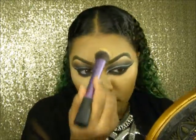And I'm pretty much caking it on here because I really want my face to be super matte and for it to last all day. And later you'll see I'll brush off the excess. So I kind of baked with it even though it's a pressed powder. And now with this